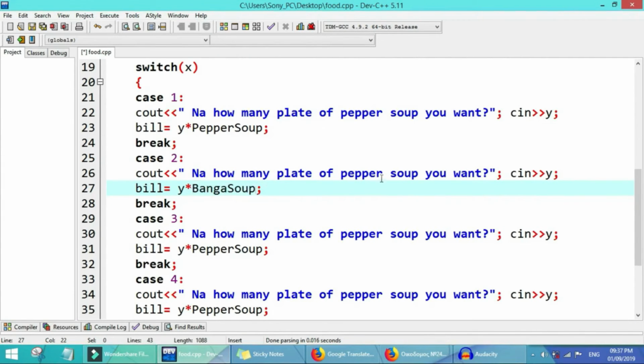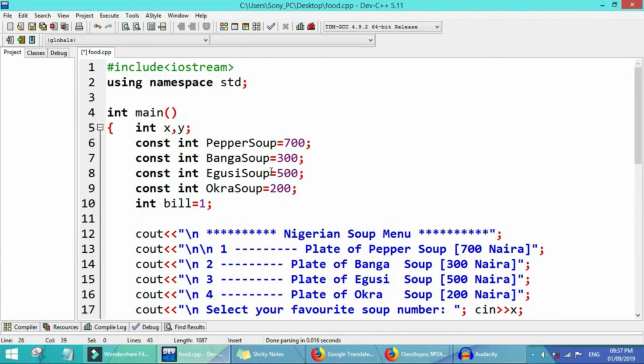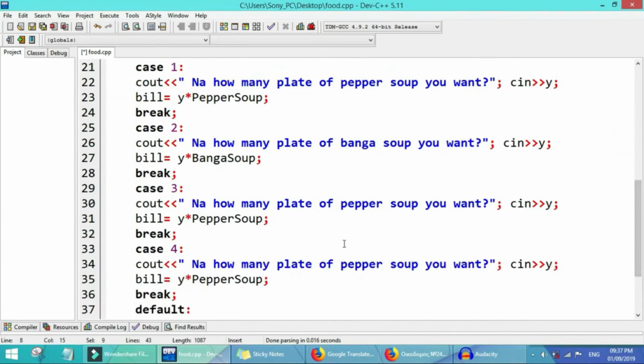Again the question goes: how many plates of banga soup do you want? Then the bill will follow up. The next one is egusi soup. For egusi soup the question will ask how many plates of egusi soup you want.